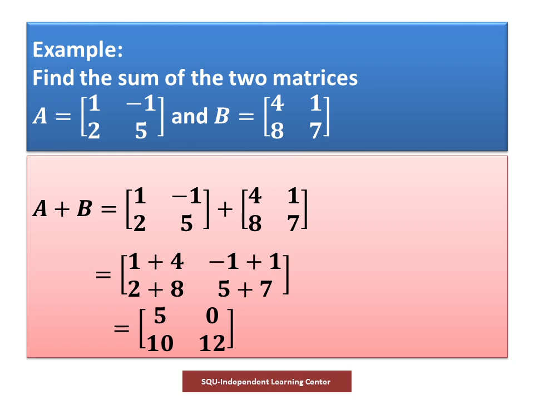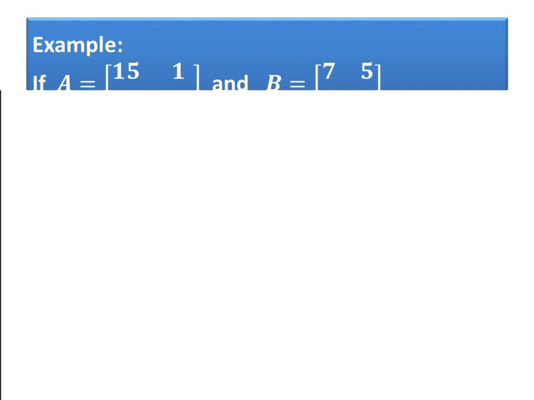5 in A corresponds to 7 in B. This gives us the element 5 plus 7. And performing addition, we arrive at the matrix of the sum, which is 5, 0, 10, 12. Another example, I'm giving you 2 by 2